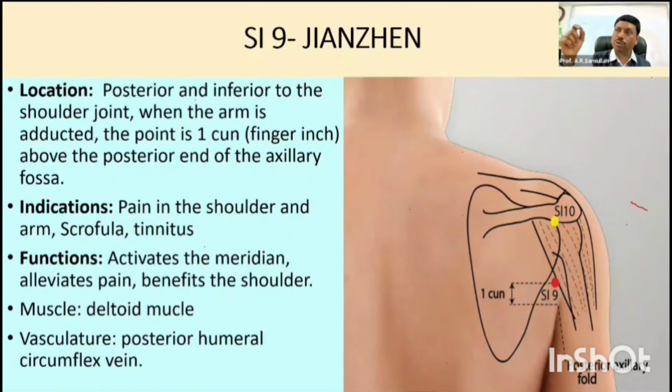But remember, whenever we want to use dry needling, don't forget, this is extra information. SI9 point is there, but just two cun proximal to SI9 is the motor point of the teres minor muscle. The point is located on the teres minor muscle here. What is the motor point? Where exactly is the insertion, and where is the origin of the muscle? Midway between the two, the central point is known as the motor point. So you want to use that particular point two cun above the SI9 point.